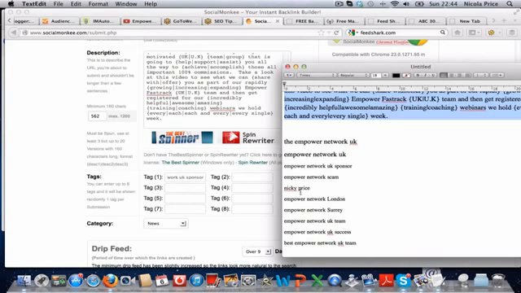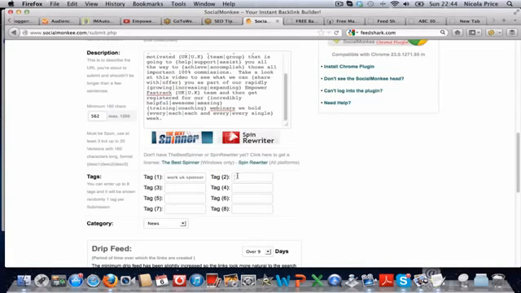Yeah, little tip here: always put your name as a tag to anything that you're doing, because eventually when people search for you and your name, they're going to come up with a whole load of articles, which is exactly what you want. You want them to see what a vast array of stuff you have all over the network. So somewhere I will always put a tag, not one of my main keywords, but